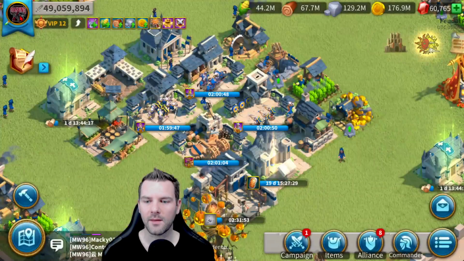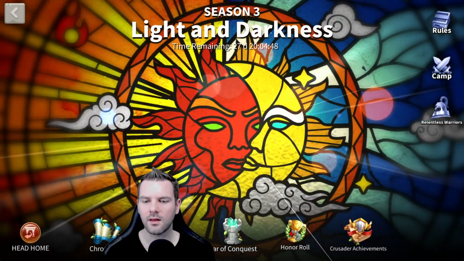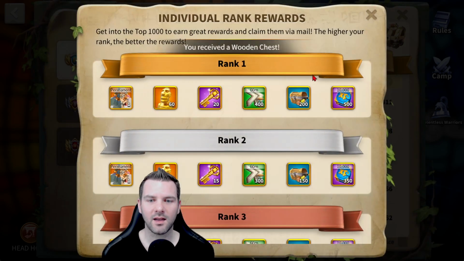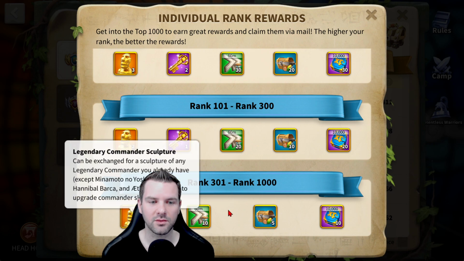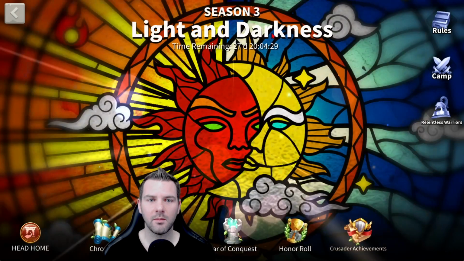Defense is a ways away. How high up did we get actually on that? With honor roll, 137 now, and rank 3. So that's not bad. I'm not going to win any of these. I might get a couple actually. I didn't realize it was all the way to rank 1,000 for one gold skull. I'll definitely get that. I don't know if I'll be in rank 300, but I do have a good amount